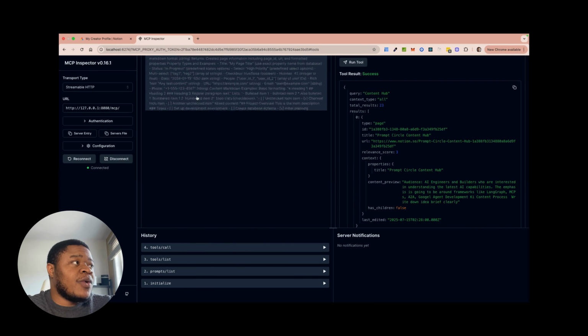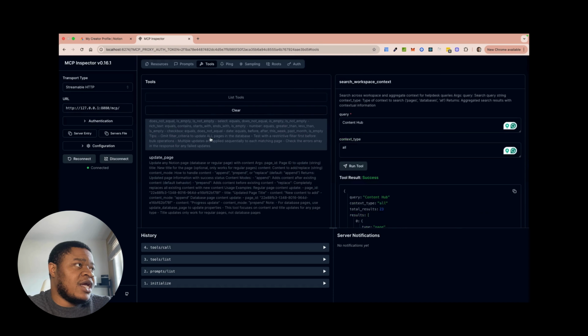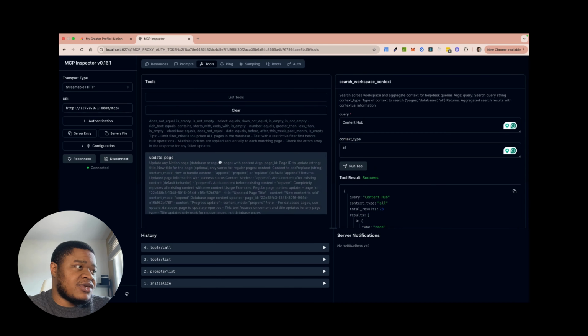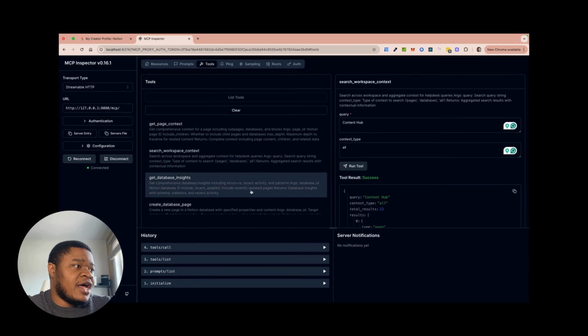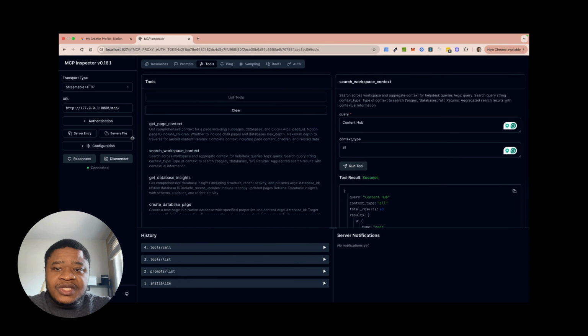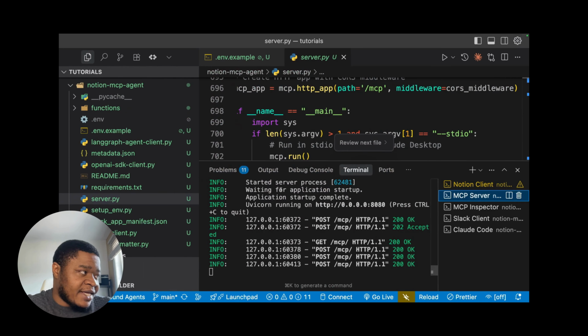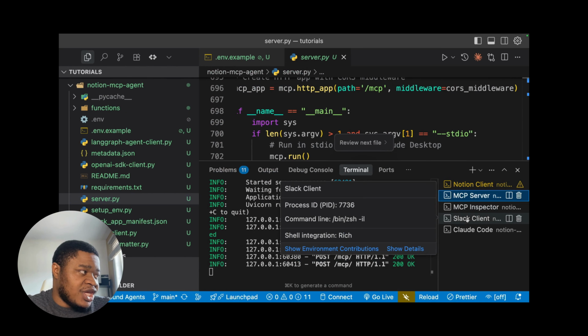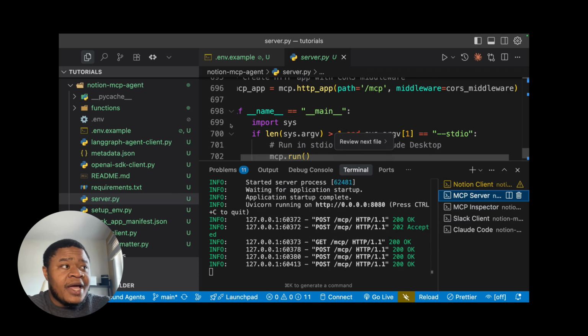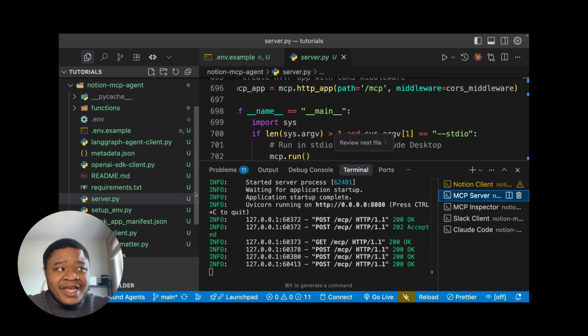Okay, so you can go ahead and test all the other tools in here, but basically these are the tools that we have. And now that we have our tools, let's move over and look at the next thing that we want to look at here, which is setting up our LangGraph agent